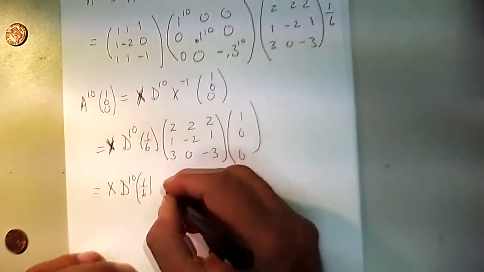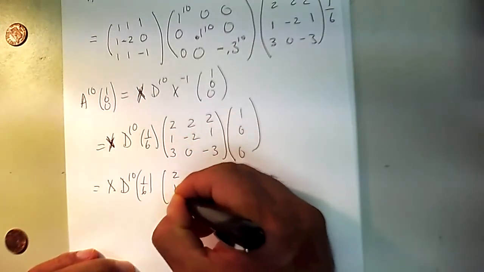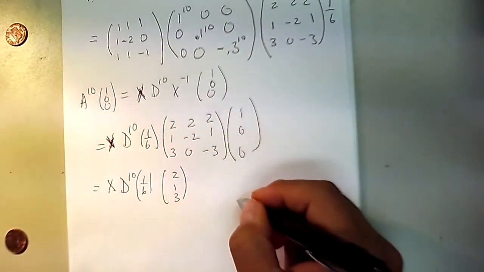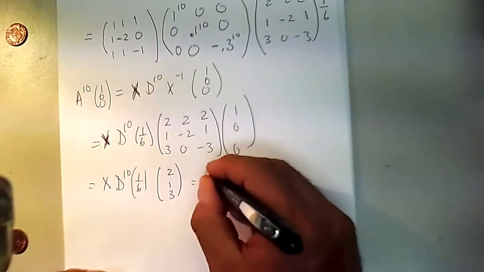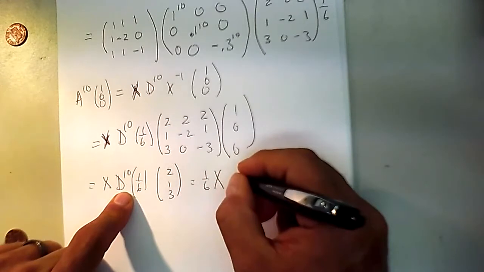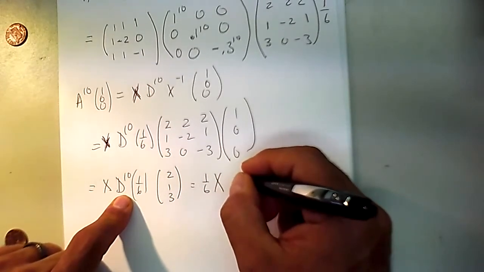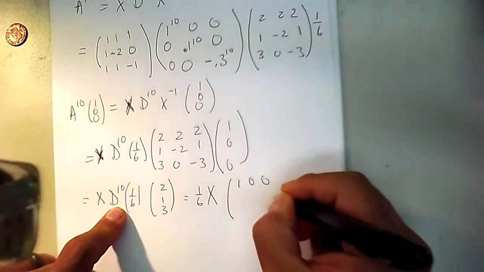And by doing this, we're just getting the first column, 2, 1, 3. So I'm going to move the 1/6 over to the left, 1 over 6. Keep the X there. D to the 10 will be this. So that is just 1, 0, 0,